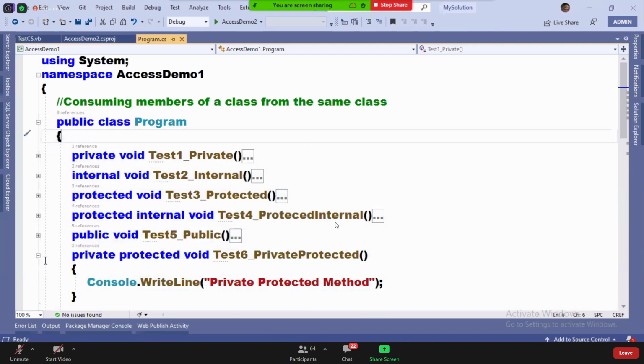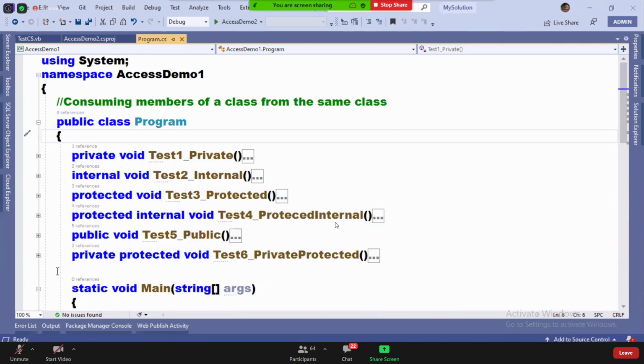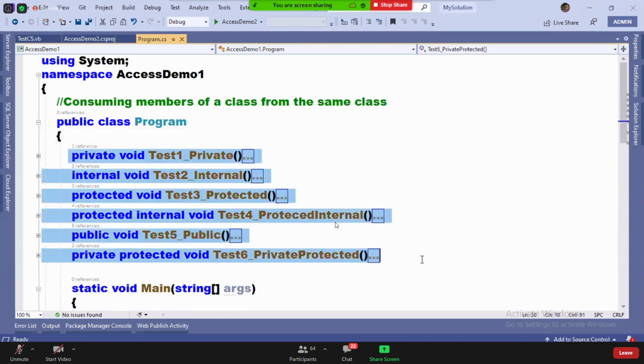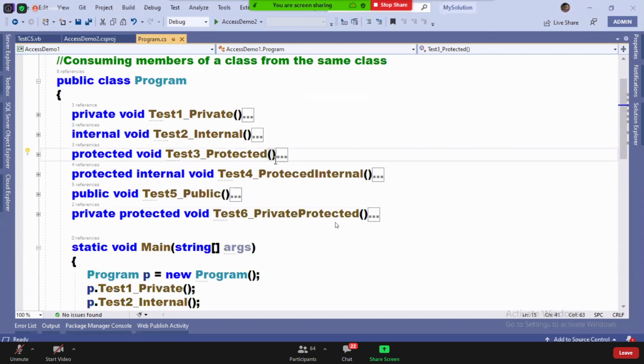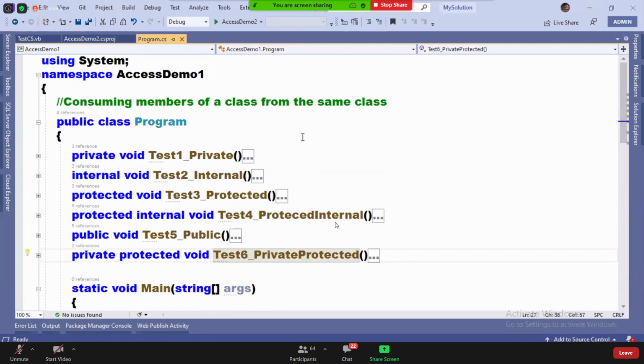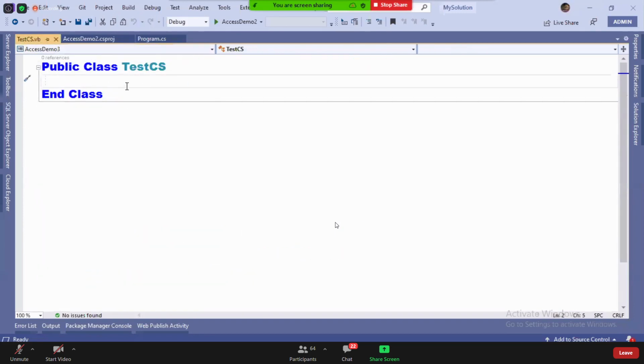These are the 6 methods that are defined inside the Program class. And I want to consume it from C# in VB.